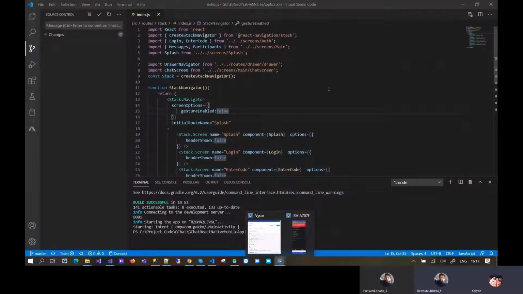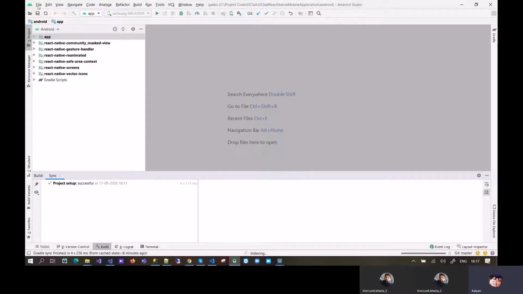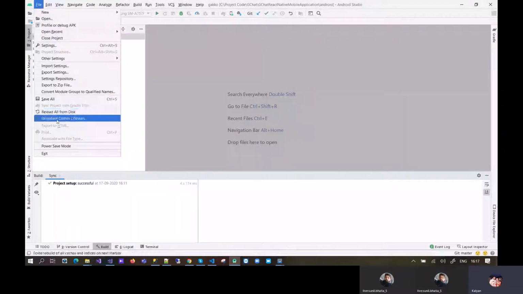You need to open the project in Android Studio. Let me uninstall first. In Android Studio I have to sync, right? Yeah, close the folder and open the folder. So sync project with Gradle files, right?